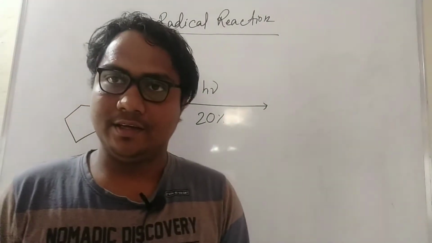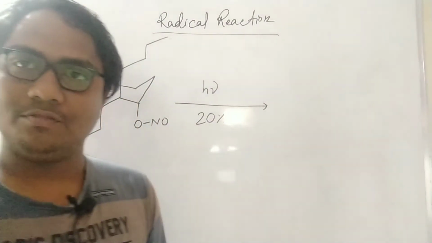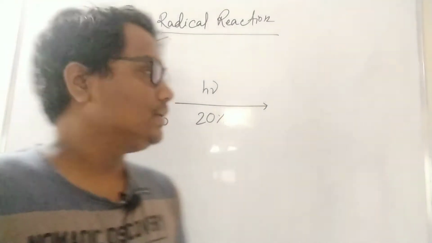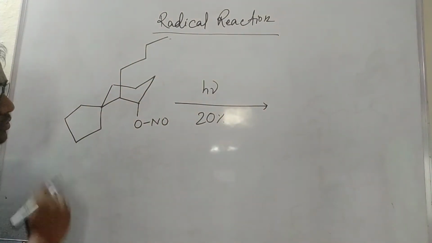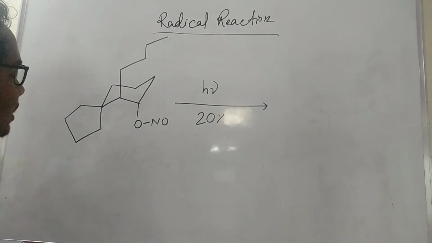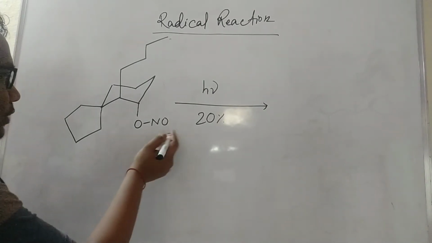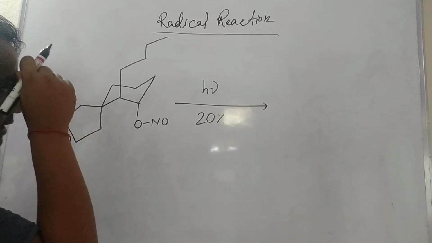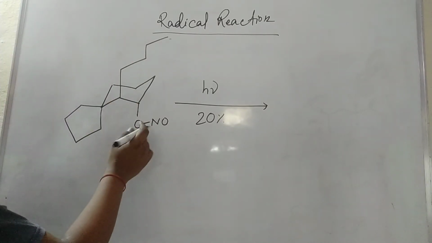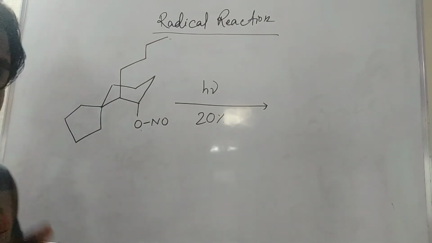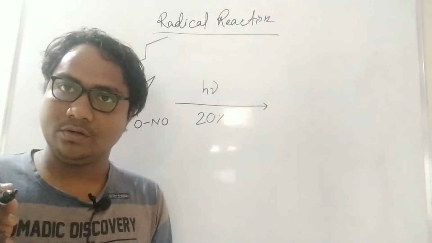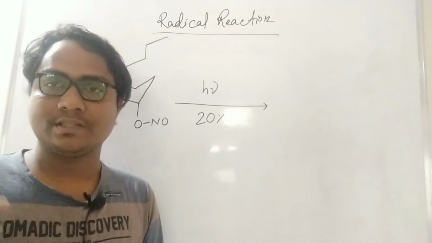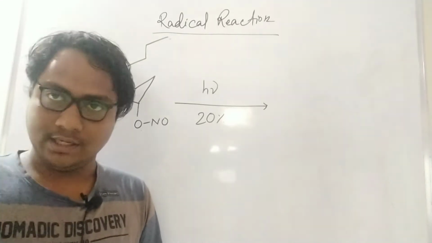Hi friends, here I choose another example of application of Barton reaction. See, here this kind of moiety I choose, but you see what will be the product. NO is there, this kind of moiety is there. You just see NO means previously it came from OH, no, OH is there, and it will form NO in presence of nitrosyl reagent.